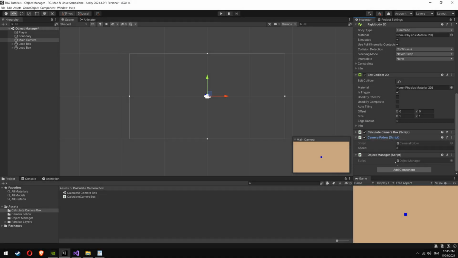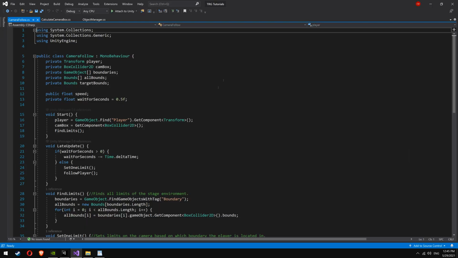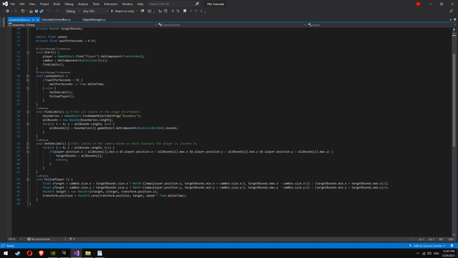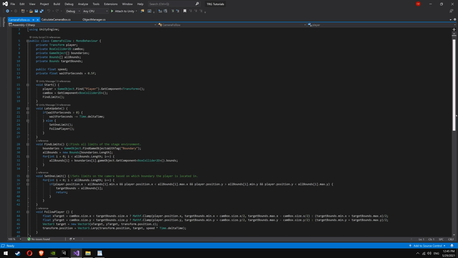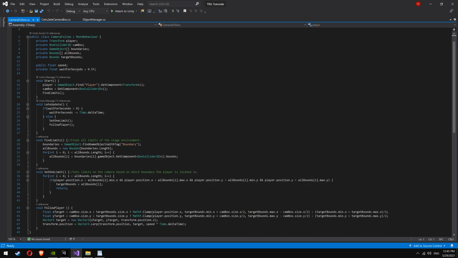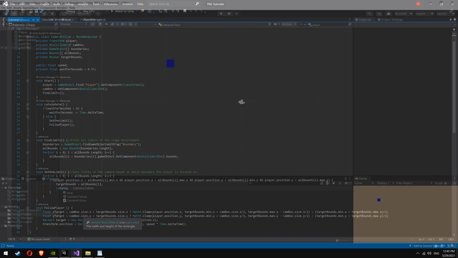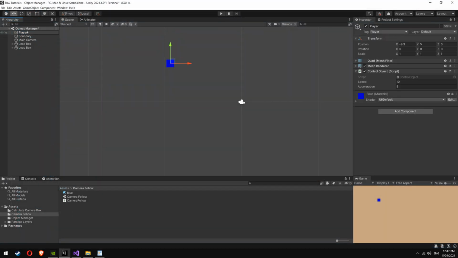Now, this step is optional. If you have your own camera follow script, that's fine, but if you don't, you will need the camera follow script from yesterday's tutorial. I'll have a link below in the description that teaches you how to make this script. If you are going to use this script, then you will also need the following: an object named player that the camera will follow,